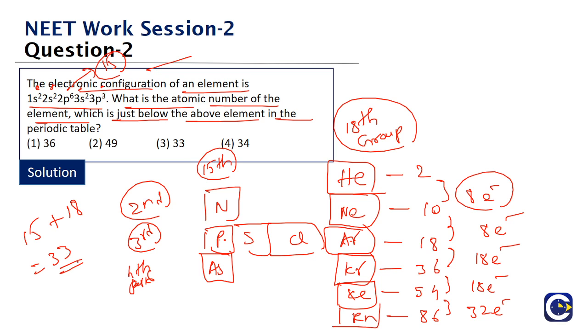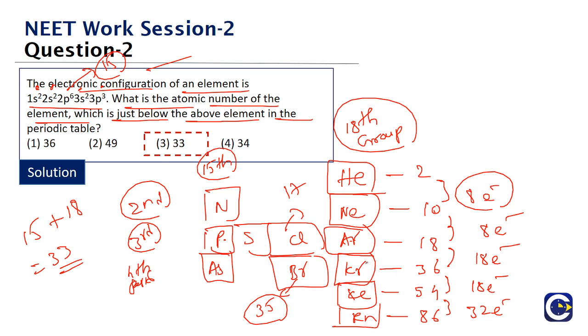Similarly, if you look at chlorine, what is the atomic number? It is 17. So next below chlorine comes bromine. So bromine will be 17 plus 18. What is the atomic number of bromine? It will be 35. You can see krypton will be 36. So that is how we'll answer these kind of questions. So the element that will come below phosphorus is arsenic with atomic number 33.